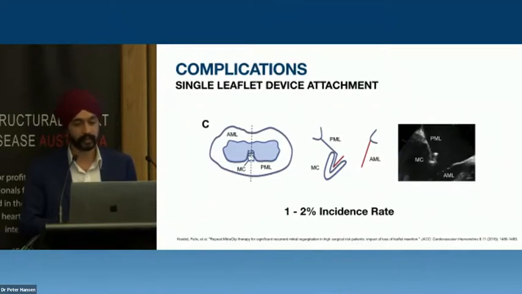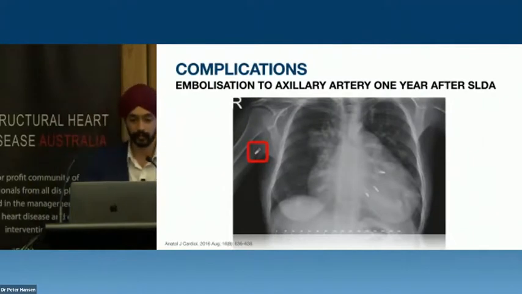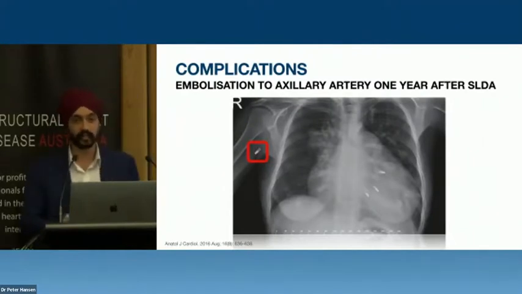So here in this example, you can see it sitting on the posterior mitral valve leaflet and it's not connected to the AML at all. And if that does occur, you can get a concept known as embolization, essentially if it comes off the other leaflet as well. So this was an interesting case report of a patient who had 4 mitral clips put in